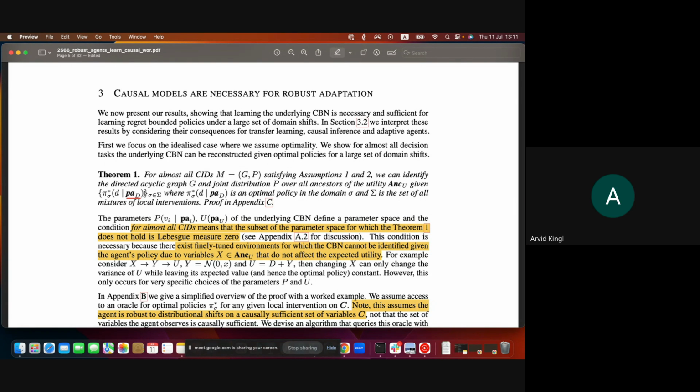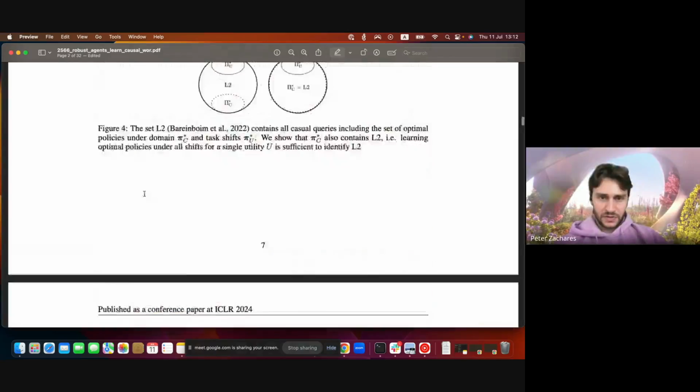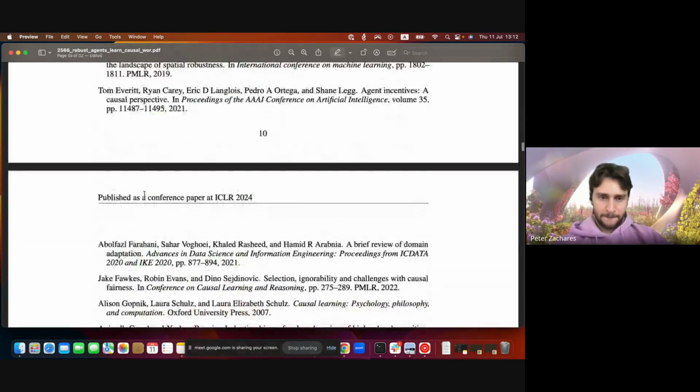Yeah, even in this case. They give a good example, but I forget it in the proof. So maybe if we have time at the end, I'll go down and try to find it. They're very hard to construct, these types of examples where it doesn't work out. Actually, let me scroll down really quick and see if I can highlight it.